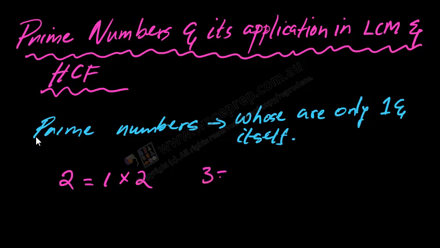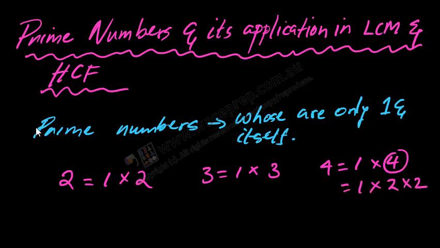What about 3? Factors of 3 are 1 and 3. What about factors of 4? Factors of 4 can be 1 and 4, but notice here 4 is 2 times 2. So the factors of 4 are actually 1, 2 and 4. So that's what makes 4 a non-prime number, because the factors is not just 1 and itself, which is 4,